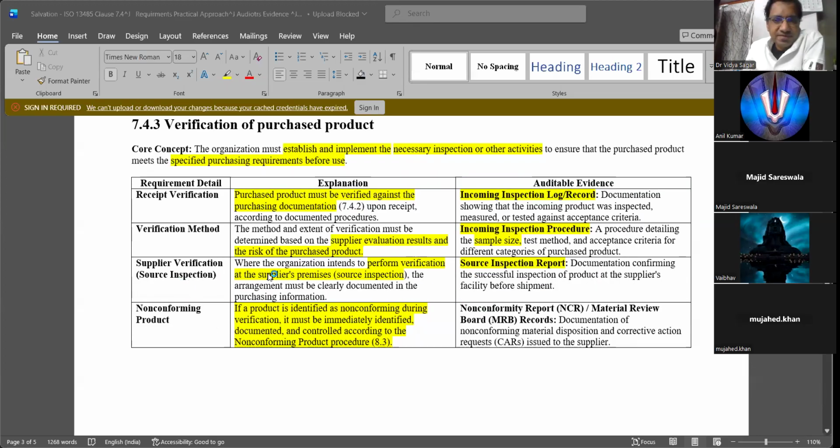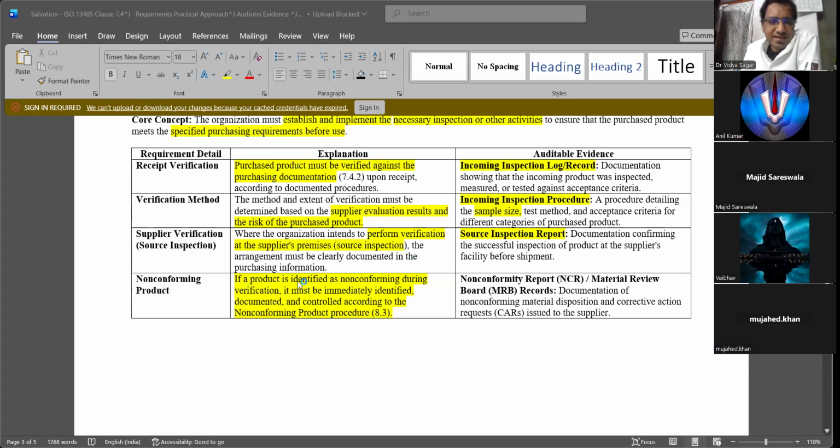Okay, supplier verification, which we discussed, where the organization intends to perform verification of the supplier premises, the arrangements must be clearly documented in the purchasing information. You have a separate template for that. You need to fill what all they're doing. Actually, you need to look at the total QMS procedure from quality manual to SOPs to reports.